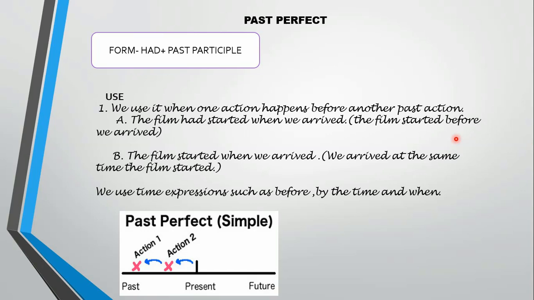So time here is moving backward. You can see over here, time here is moving backward. Fine. So for the most recent action, you are going to use simple past tense, and the earlier action taken before simple past tense, you are going to use past perfect tense. I hope it is very much clear to all of you.